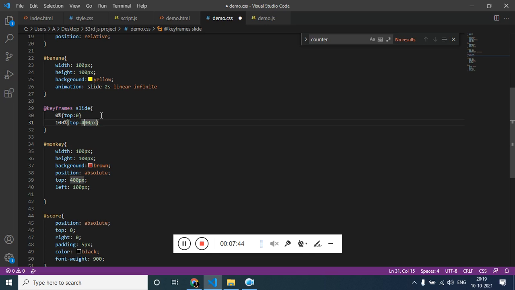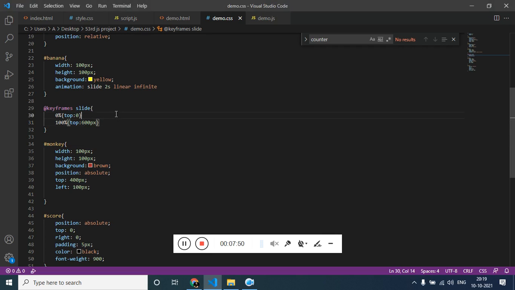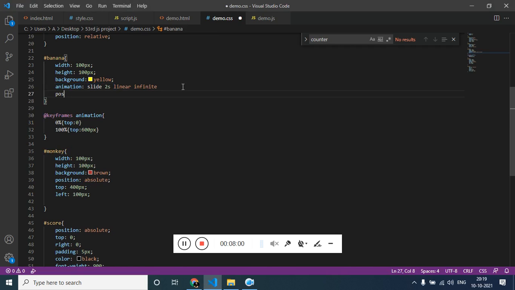Since the height is 500, let's make this 600. Let me show you. Keyframes, slide. So we have to use position to make this work.